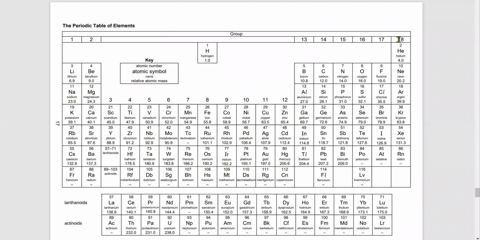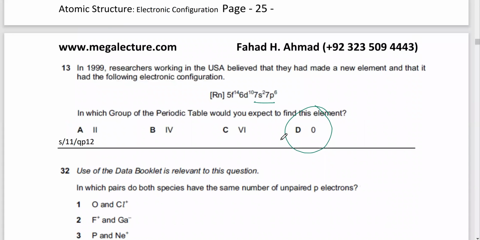It's now referred to as group 18. So remember this change. In the older past papers, things were different. The periodic table was different, but now these are labeled differently. As the next one,